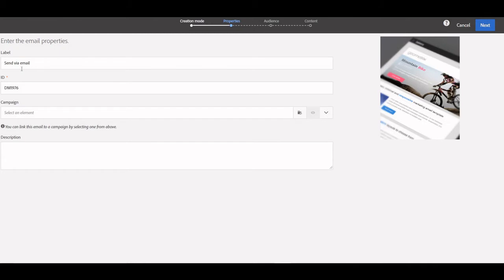and we have to fill in the information, like what will be the label of the email. So let's say demo email Ritesh, and for the ID, let's have RM demo, and it will ask to select a campaign name.